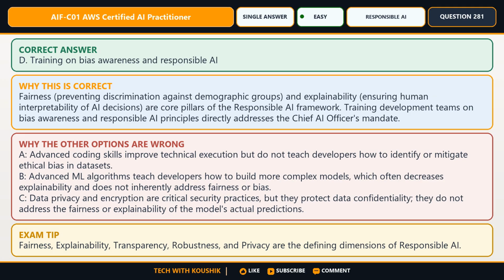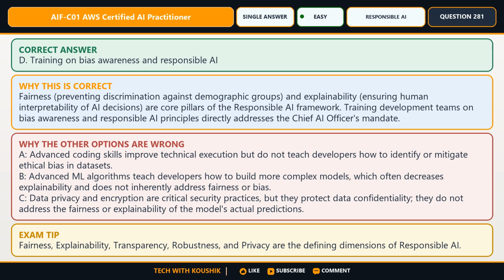A. Advanced coding skills improve technical execution but do not teach developers how to identify or mitigate ethical bias in datasets. B. Advanced ML algorithms teach developers how to build more complex models, which often decreases explainability and does not inherently address fairness or bias.